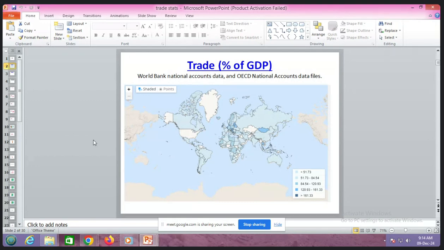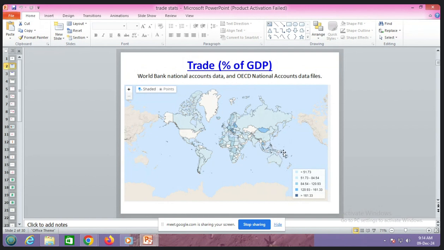freely available to access. So what we are saying is trade statistics, or the ratio of trade as a percentage of GDP, basically looks at the interdependence of one economy on the other and the dependence of the economy's growth on trade. That is, how much percentage of GDP is trade contributing. So in this case, when we look at the graph here, we can see the percentage and we can normally